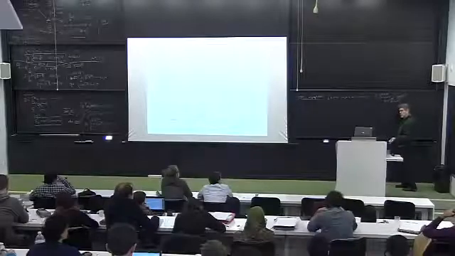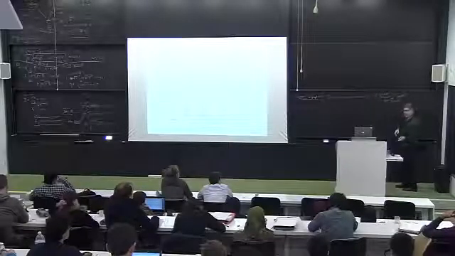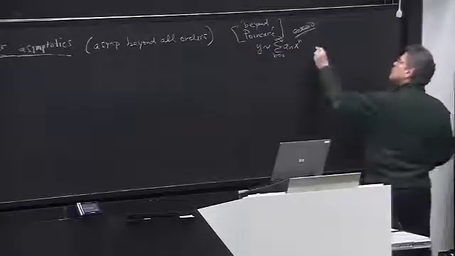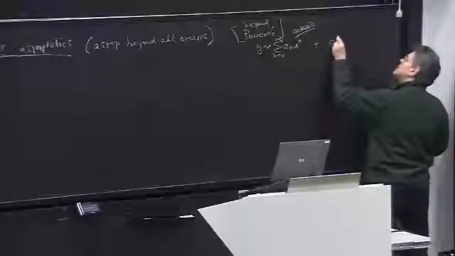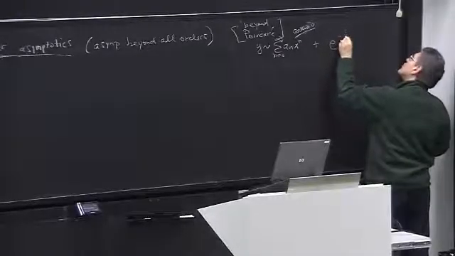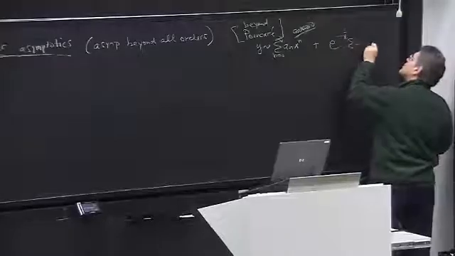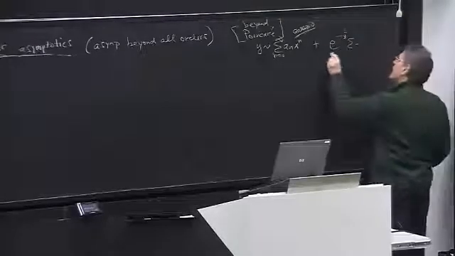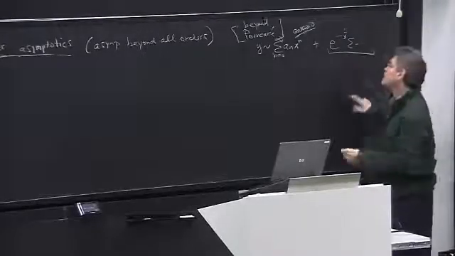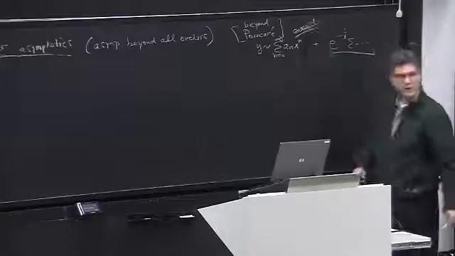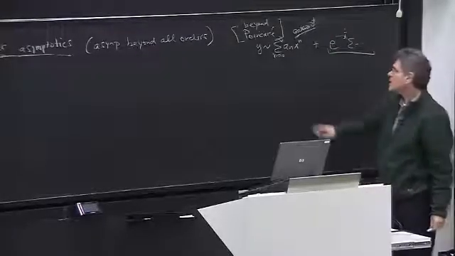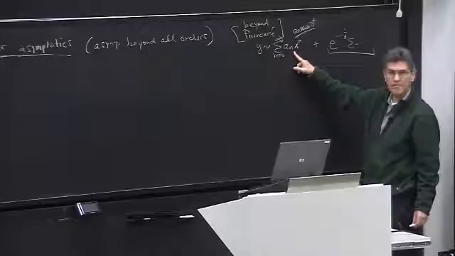Why? Because there's a correction like e to the minus 1 over x times some series. And this is exponentially small as x goes to 0 plus, compared with